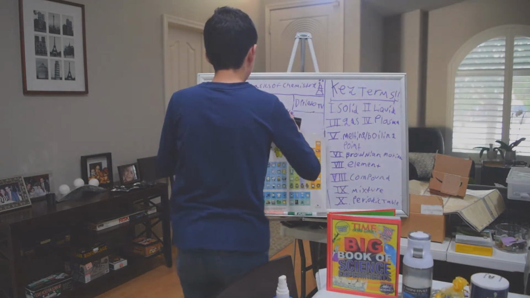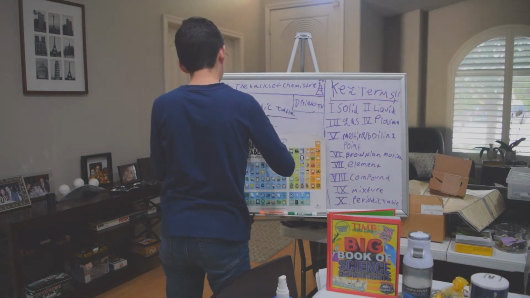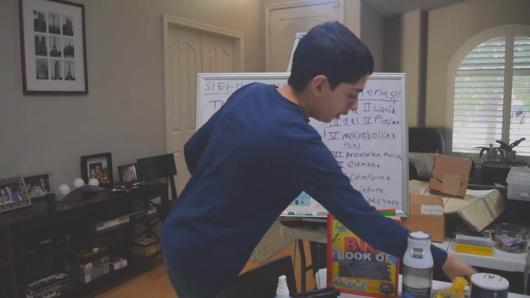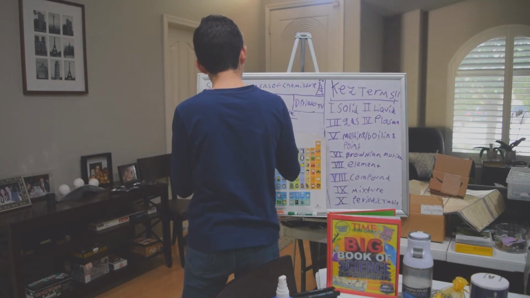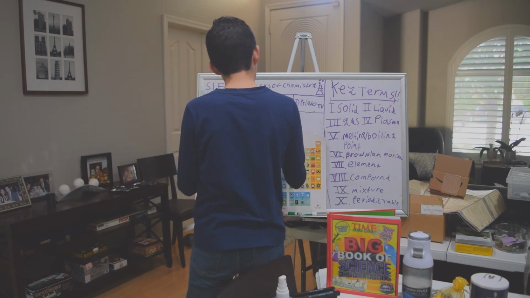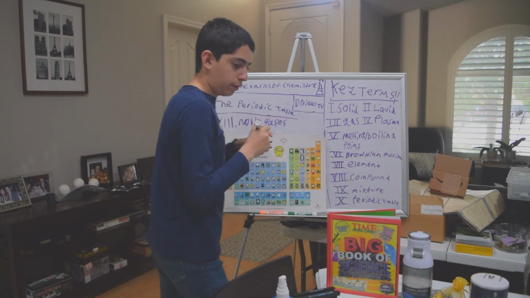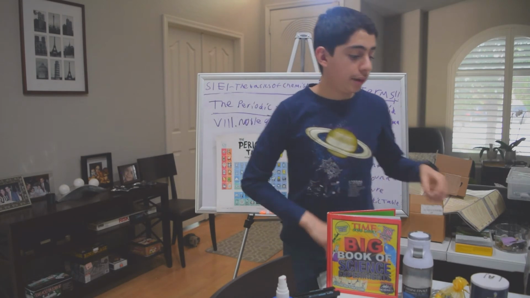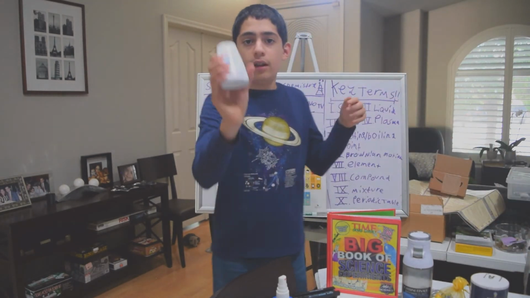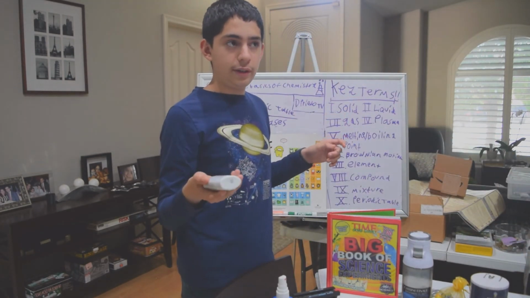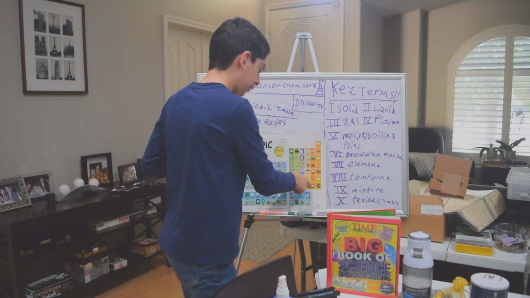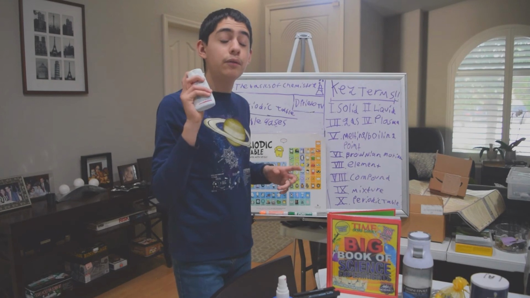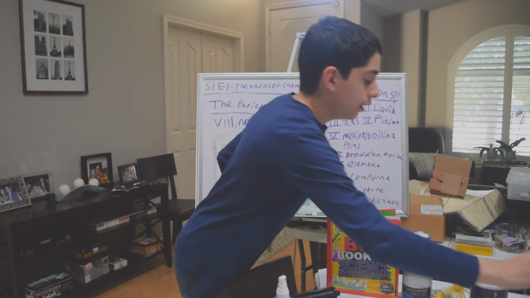The next category is another good category to talk about as well. It is the noble gases. Also an example of halogens: you probably have a halogen in your room. Toothpaste uses fluorine or fluoride. So it uses fluorine, which is one of the elements in the halogens, which is very, very, very reactive.